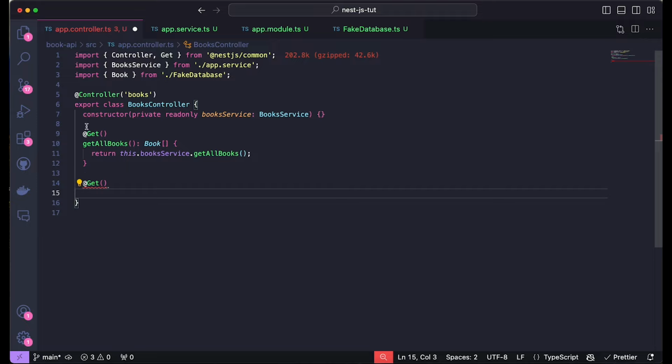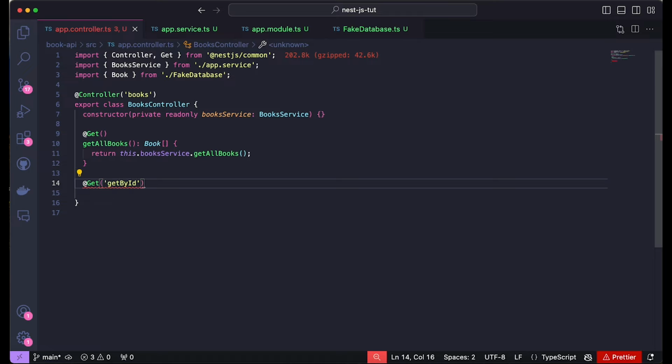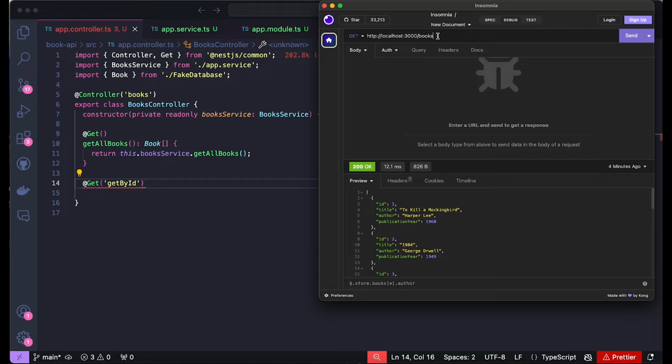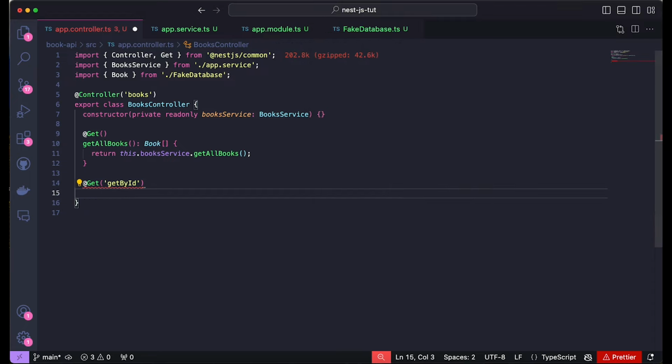Now, since we have another GET request over here, this one will need to be renamed because we can't have two requests that have the same name, technically. Having no name is having a name when you're working with routes. So since this one is a little bit more specific, I'll give it a name of get by ID. And we can test this by putting get by ID over here. Now I'll save that. And we can start working on the function. So the function will be called